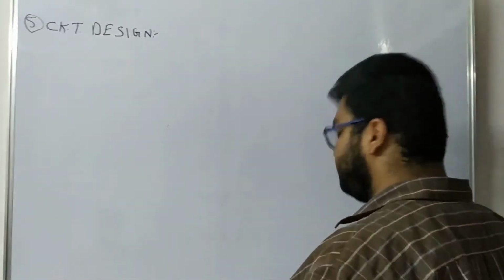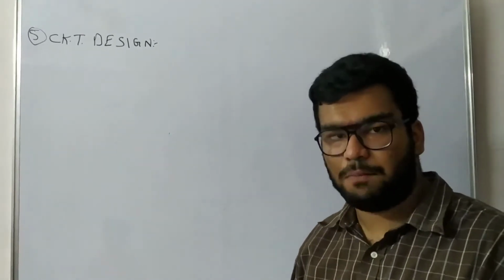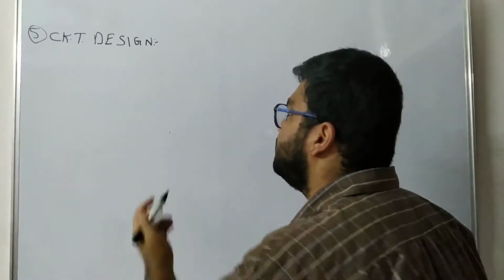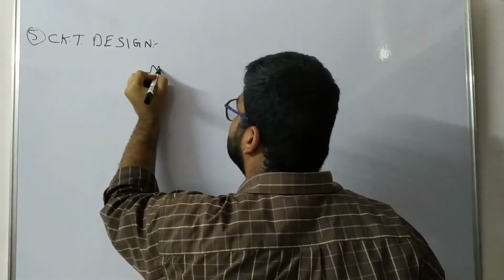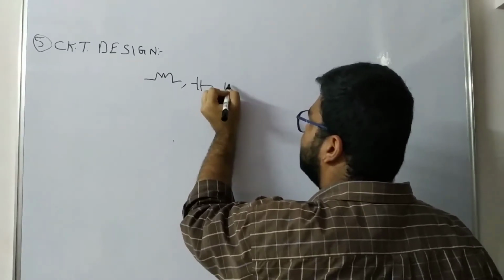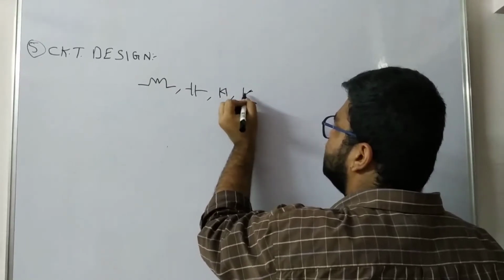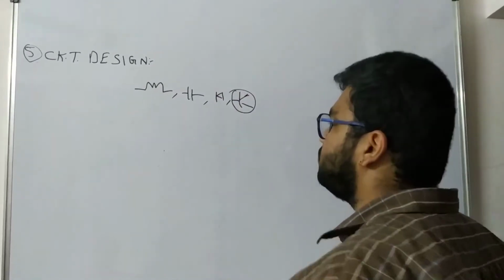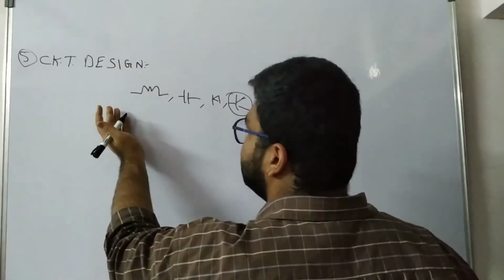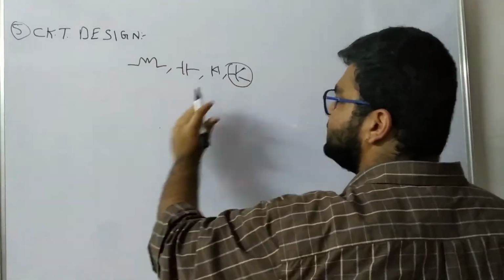Circuit representation. That is, this step tells us what type of elements or components are used. For example, if we are designing a chip, what may be the components? It may be a resistor, or a capacitor, or a diode, or a transistor. So representing the Boolean expression in terms of a circuit representation, which tells us what type of components or elements are used, is nothing but circuit design.